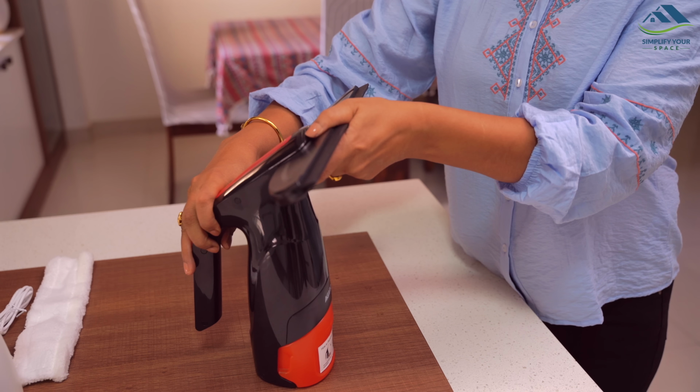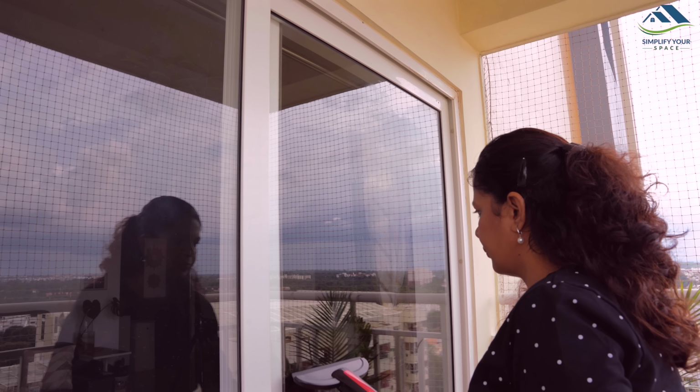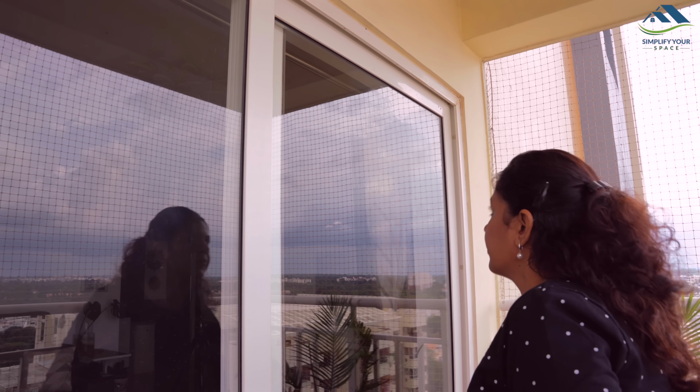After wiping the window, turn on the unit by pressing the power button and the red light will appear. Move the squeegee from top to bottom, keeping the device parallel to the surface to remove excess water. This device works only on smooth plain glass surfaces and is not suitable for rough glass. Avoid guiding the squeegee sideways across the surface and always move from top to bottom to prevent water from running